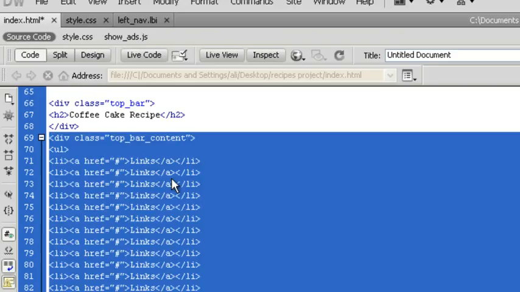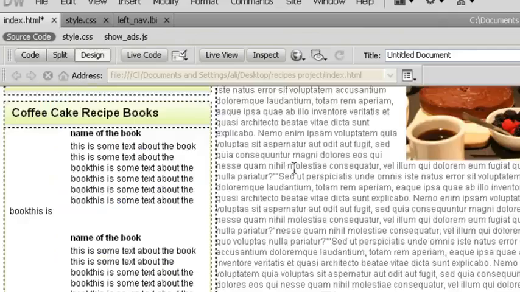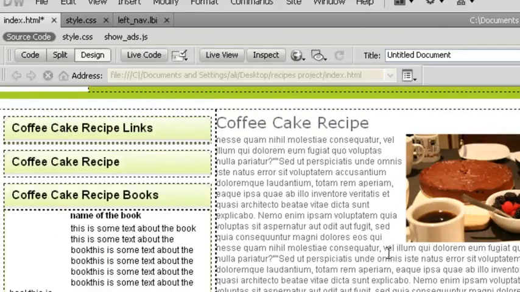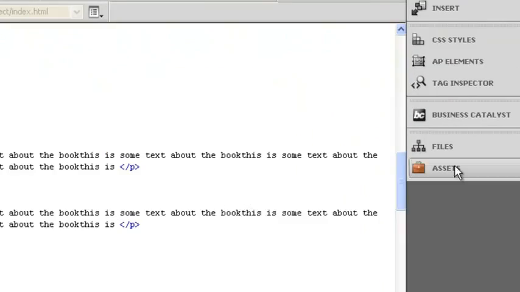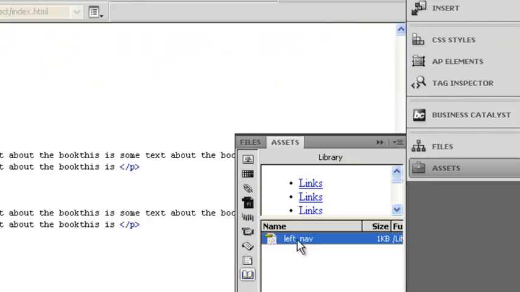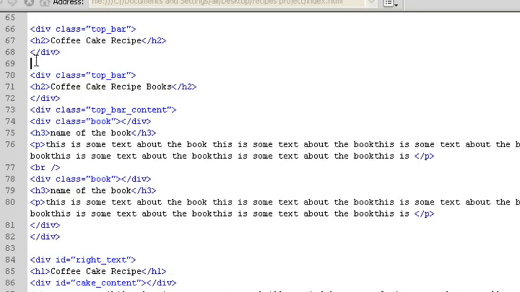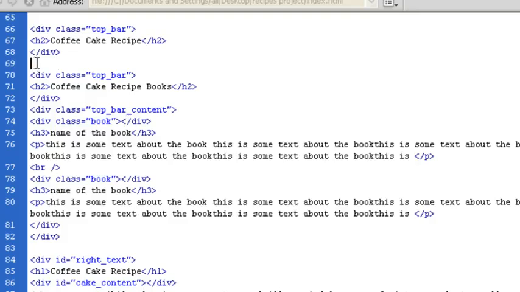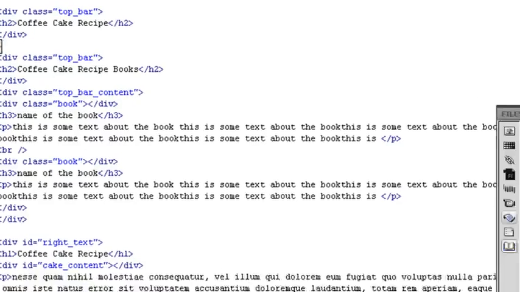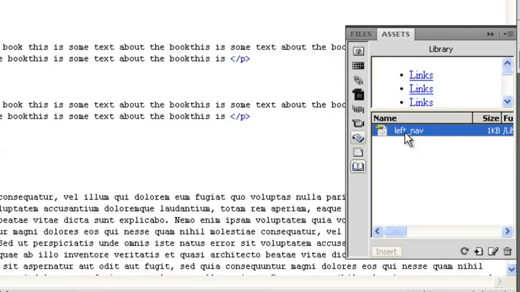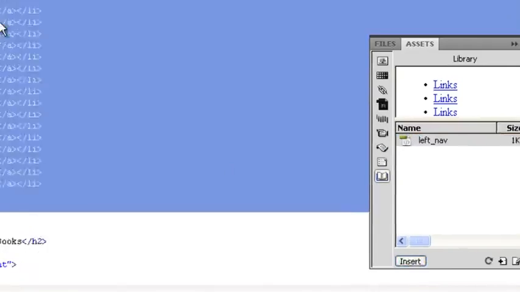What I'm going to do here is delete this in the code view. Then I'm going to go to my assets folder and click on left navigation. Make sure you're clicked inside the area you want it, the area you just deleted, so leave your cursor there. Come over to your assets, choose the left nav, and then click this button here, insert,